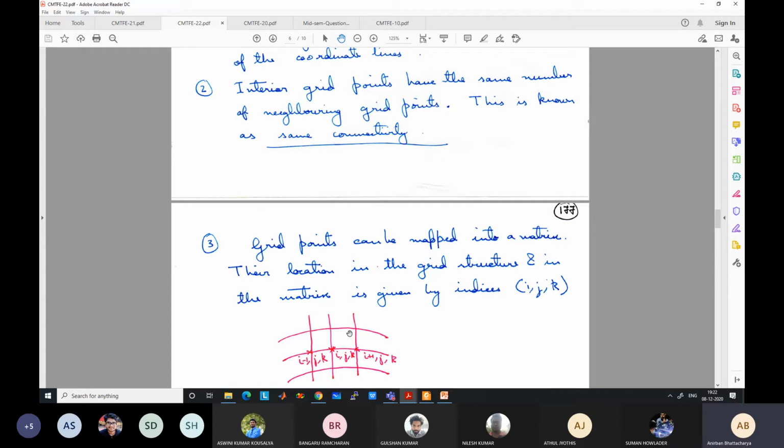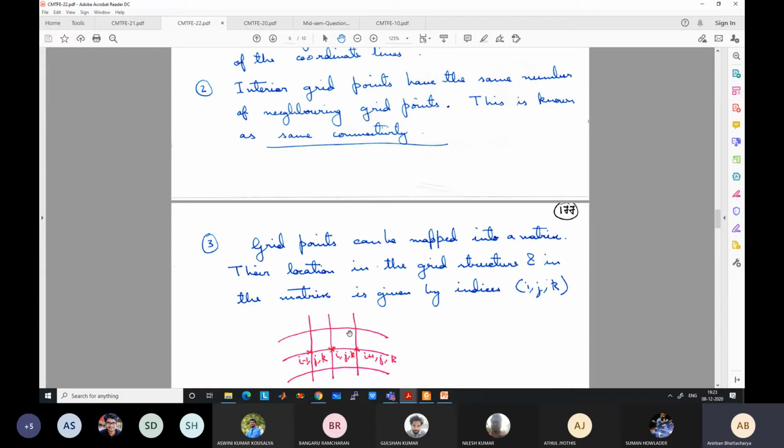However, if instead of 4 you have 5 neighboring grid points, then you cannot fit the same formulation. Your fluxes and all other calculations will not be the same. You cannot have AP phi P equal to AE phi E plus AW, like east, west, north, south. There are more neighbors than east, west, north, south, so the equations become much more complicated. You cannot directly solve them.